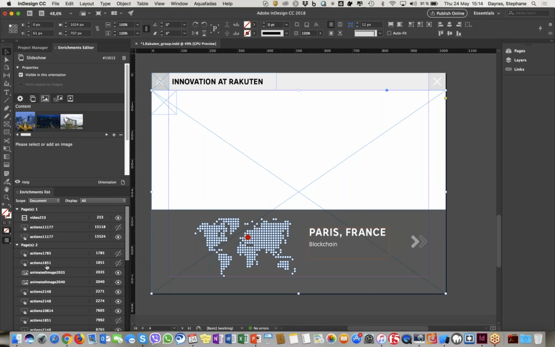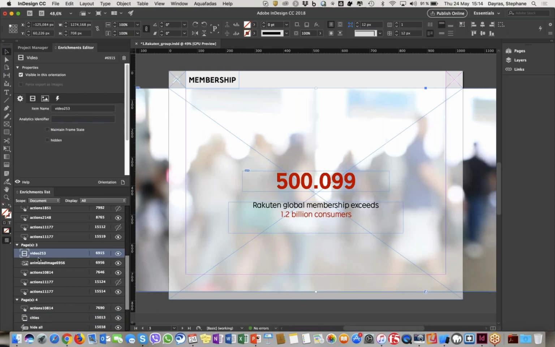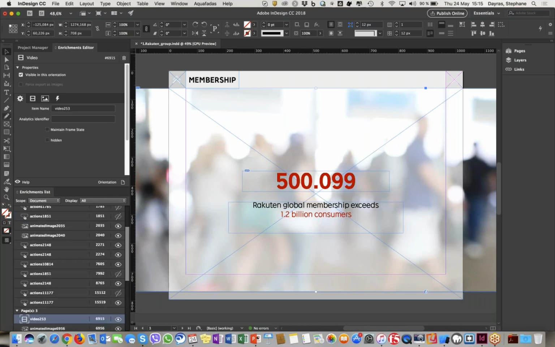But you can also use the enrichments list palette to navigate across the different enrichments that you apply to a content. For instance, this one is a video applied on page 3, and you can see that it helps me navigate immediately and directly to the right page, but also it will display to me the correct enrichment configuration parameters this way. So that's a nice composition for our palettes if you want to use it later.